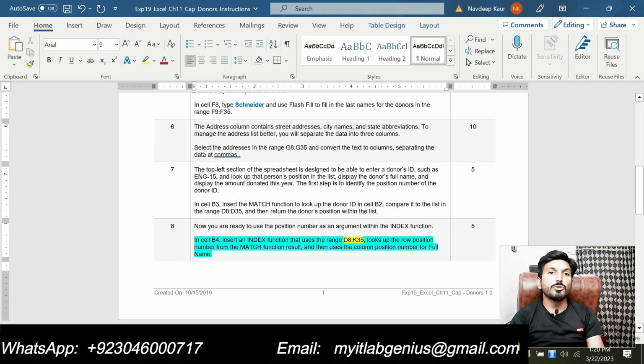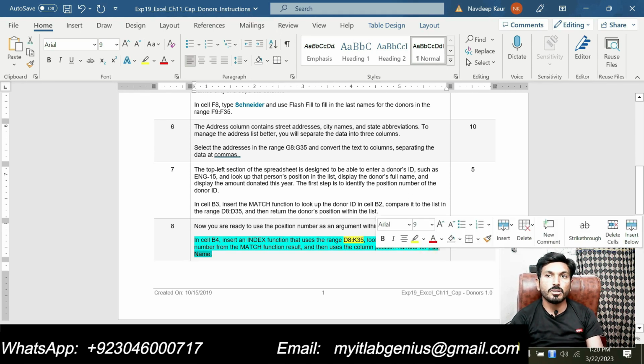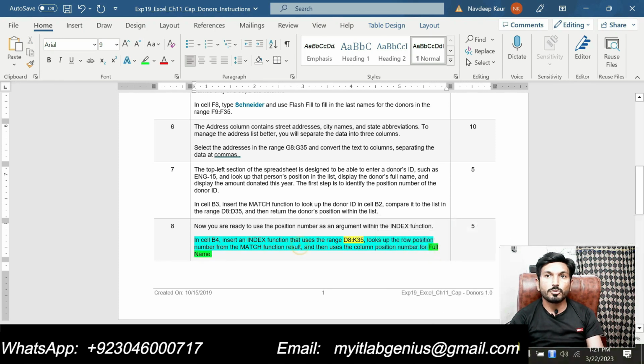So basically we are supposed to get the full name using the INDEX function, and the lookup array will be D8 up to K35 and the row number from the MATCH function.